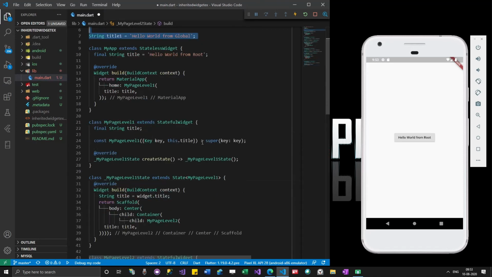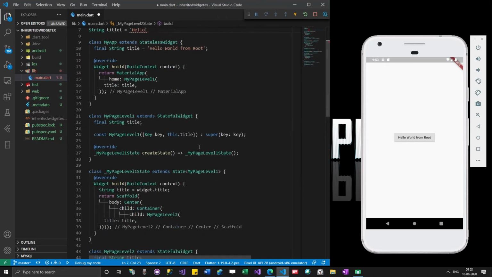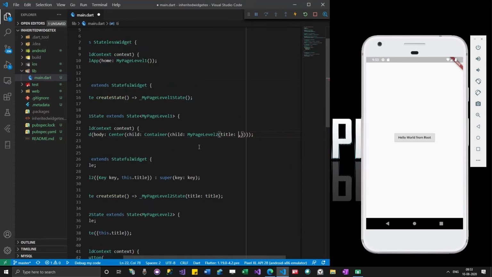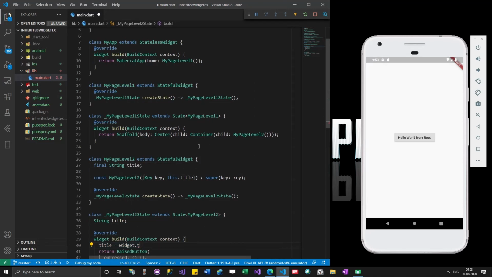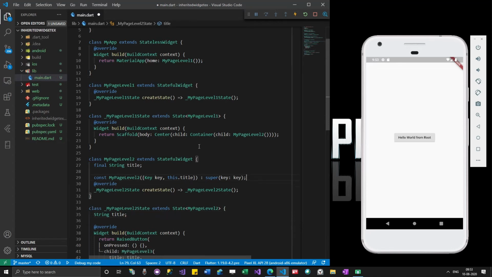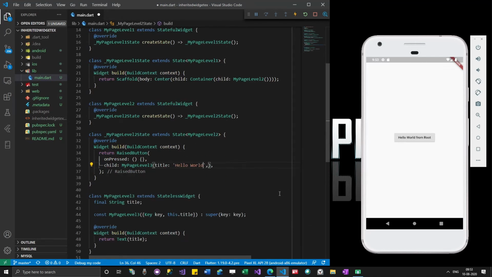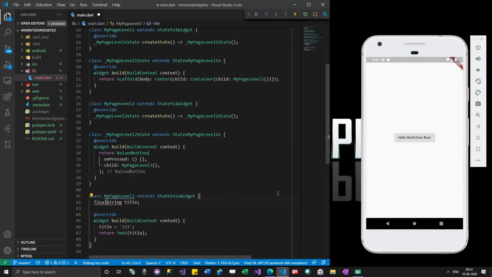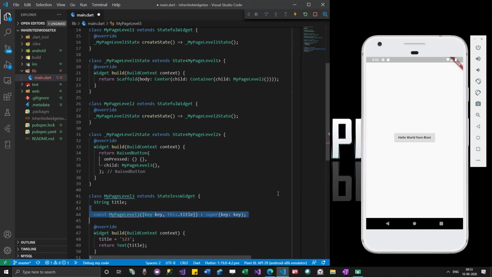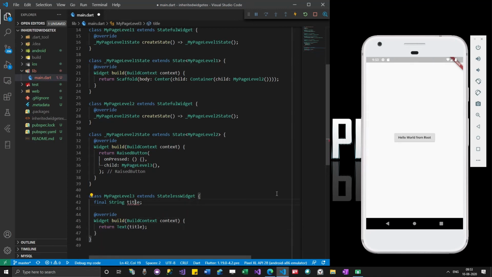Let me use Control Z. So this is what we have.